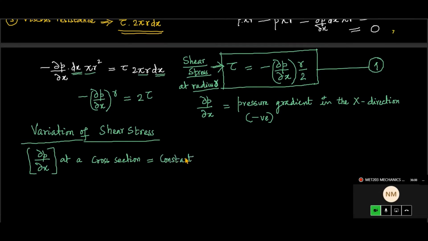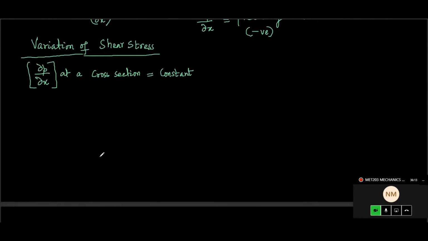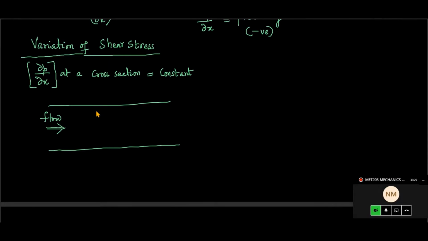Okay, pressure variation across a particular section will be constant. So what you can consider is, say this is the pipe through which the viscous flow occurs. This is the flow direction, diameter capital D, radius capital R. We know all those details, and this is, let us say, the center line. And we are asked to plot the variation of shear stress across a section.